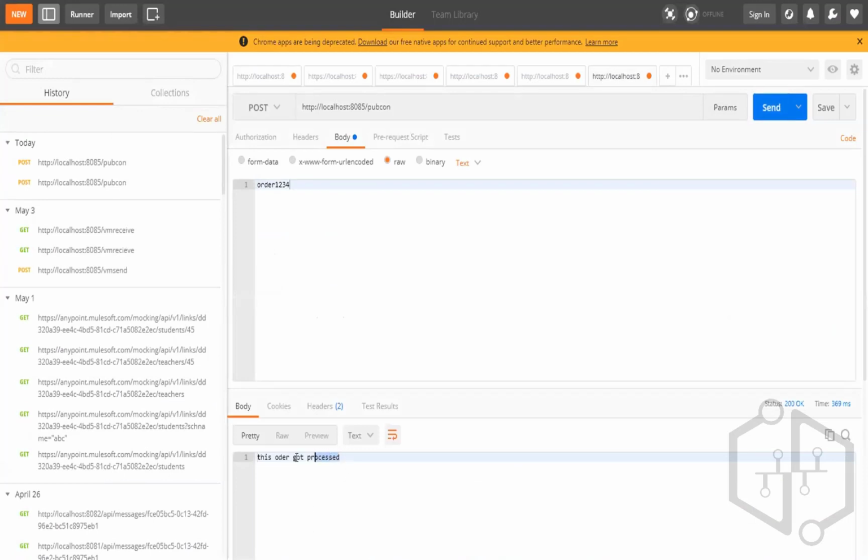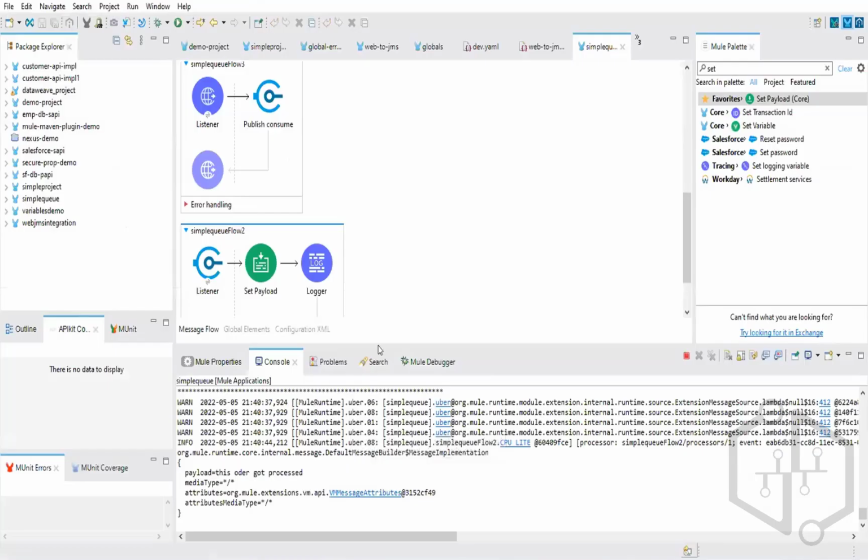this order got processed, right? Yeah. That's what's in the payload. How I'm getting that response is